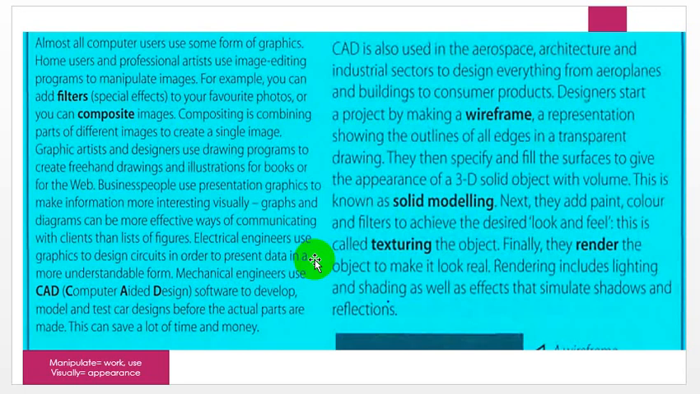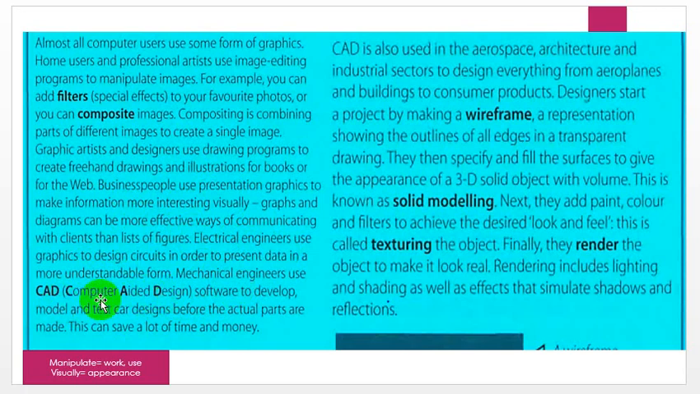Here is the meaning of composite. Composite is combining different parts of different images. Graphic artists and designers use drawing. Business people use presentation. Electrical engineers use graphics to design. Okay, and how about